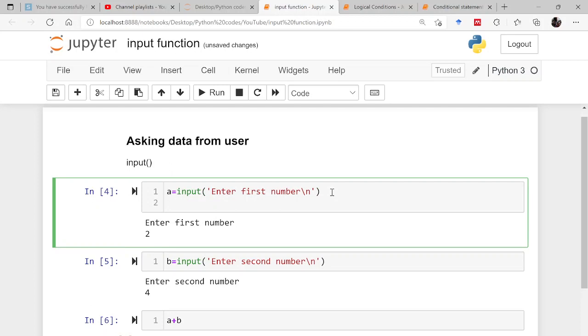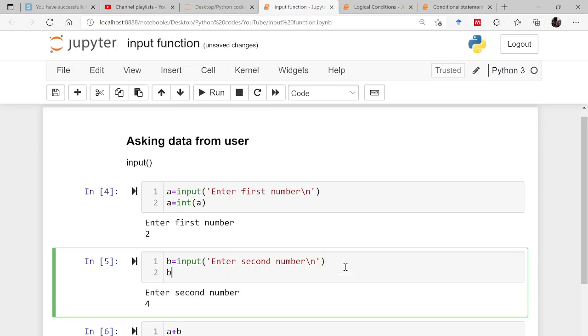So you can write here a is equal to int(a), and likewise b is equal to int(b). Now you have converted the data type of a.